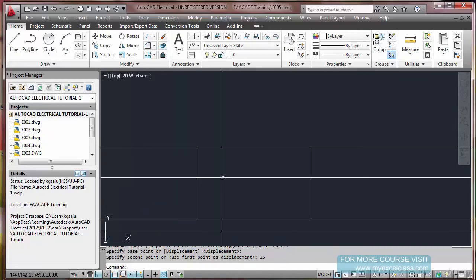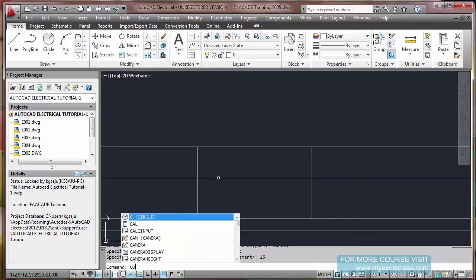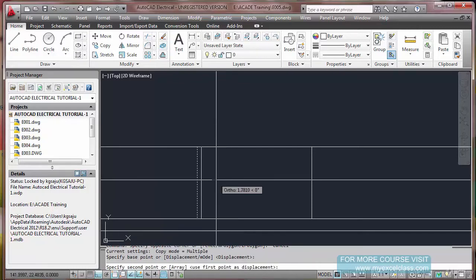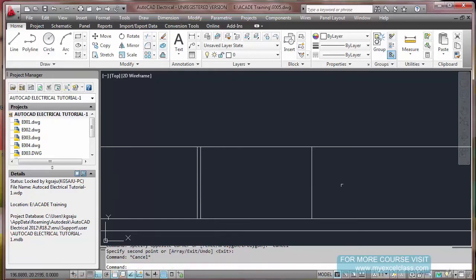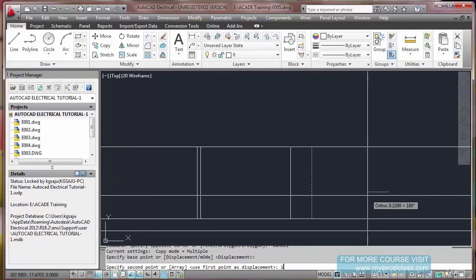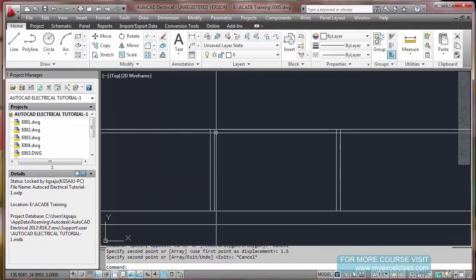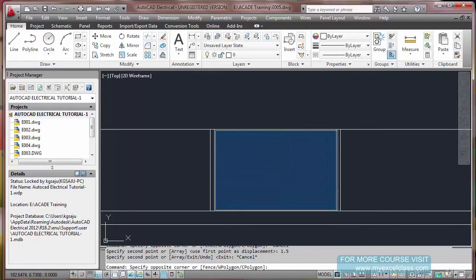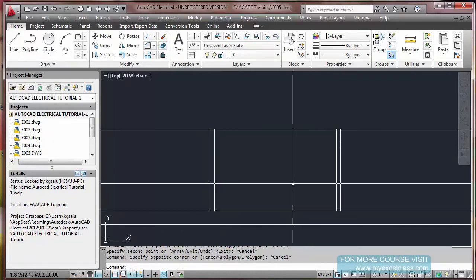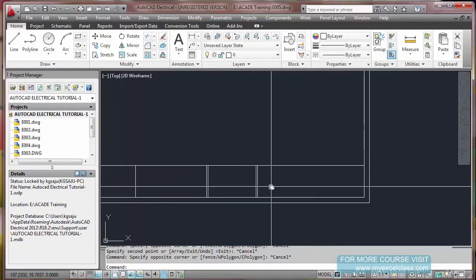Here in this portion you can put your company logo, 1.5, 1.5. Within this portion you can put your company logo, right? That portion is reserved for the company logo.